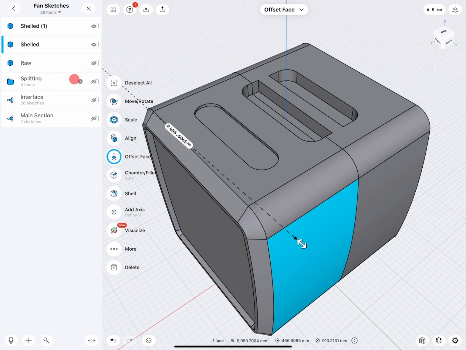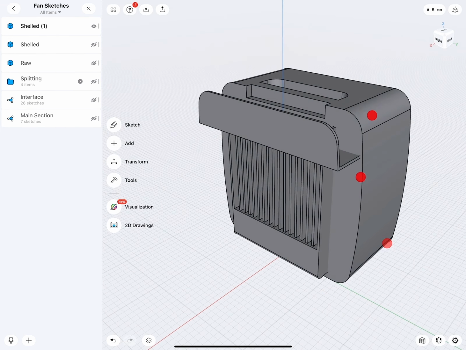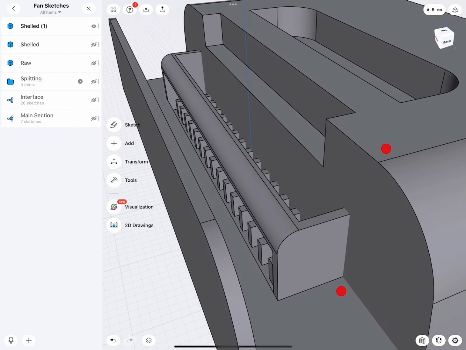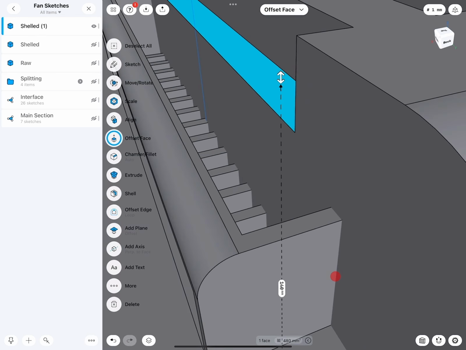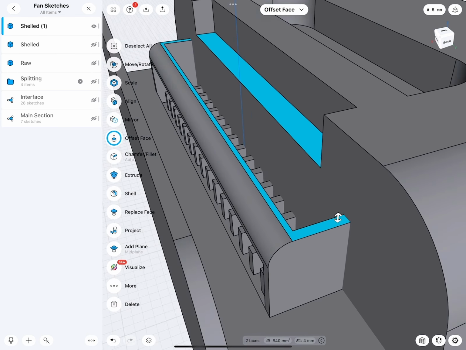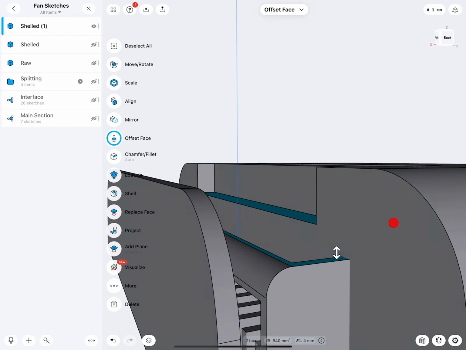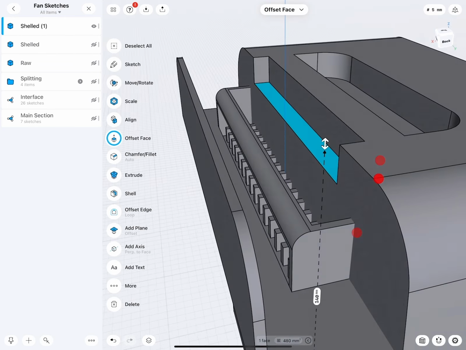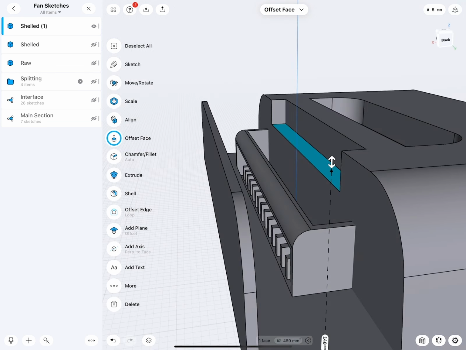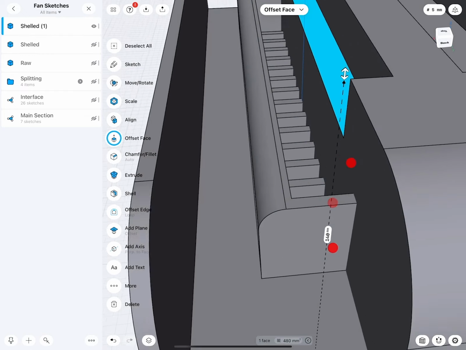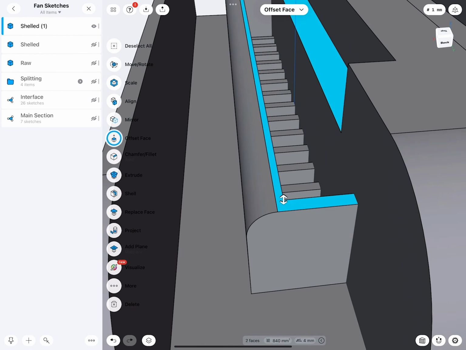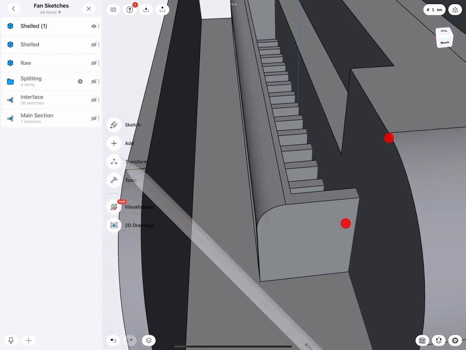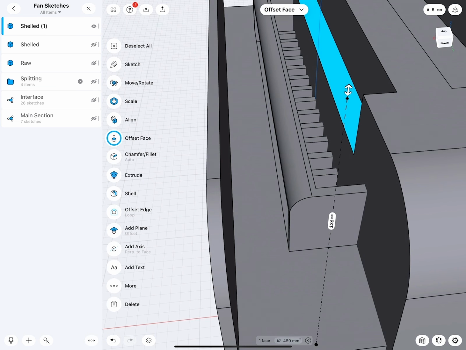I will select this one, hide it, because what we now need to figure out is what is the distance from here to here. So that looks like 4 millimeters. So if we bring this one down, so 140, very good. Okay, we select this face and say match. So now this is really flush with that surface. So yeah, 4 millimeters, no?